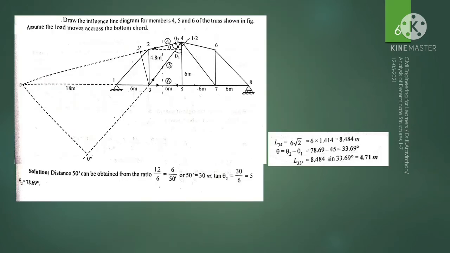example 1. Now let us go to example 2, which is slightly different from the previous example. So you can see an arch type structure here. So this is another pattern of arch. Here the solution of influence line for the members will be different. So let us understand this concept. Here, draw the influence line diagram for the members 4, 5 and 6. So this is the member 4 and the member 5 and member 6. Okay, this is our point of interest.